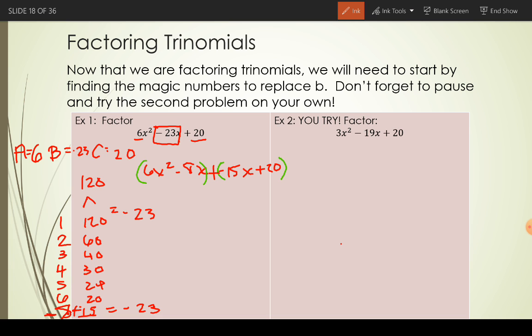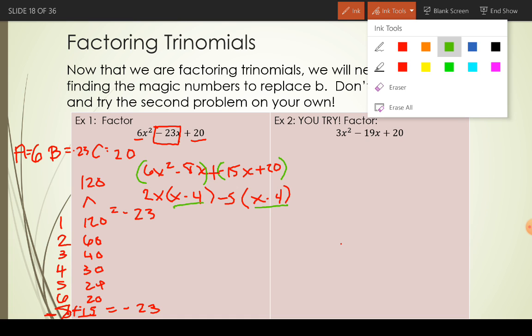There we go. Okay, so I can take out a 2x from 6x squared and negative 8x. When I do that, I'm left with x minus 4. Okay, I can take out a negative 5 from 15x and 20. When I do that, I'm left with an x minus 4. Let's check to make sure that what's on the inside is the same. So I should have an x minus 4 in both cases, which I do. Okay, since both terms have it, that's the greatest common factor, and that's the factor that we're going to take out first.